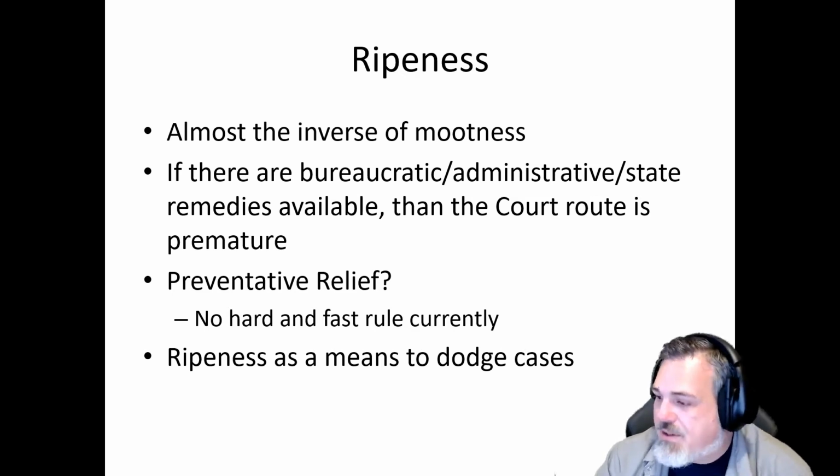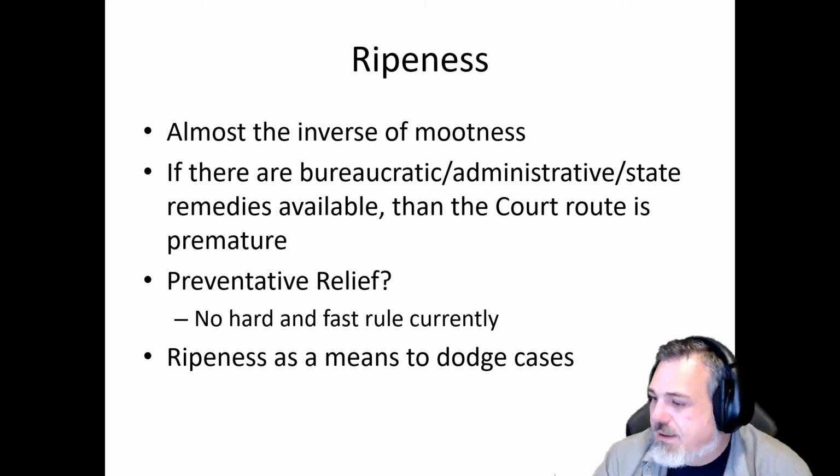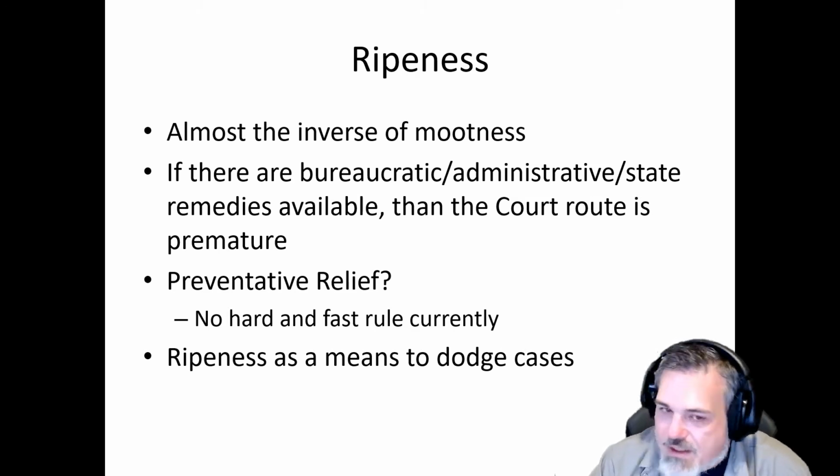And that happens not infrequently in civil rights cases, because the Supreme Court decides something, then it immediately becomes an electoral issue. And so they can use ripeness as a means to dodge it. They're like, oh, well, the case isn't ripe. And it turns out immediately after the election, oh, look, the case is ripe now, where logistically nothing has actually happened in that small amount of time. So ripeness